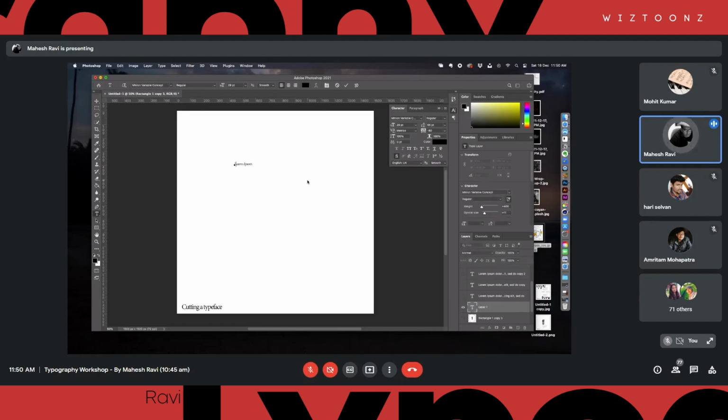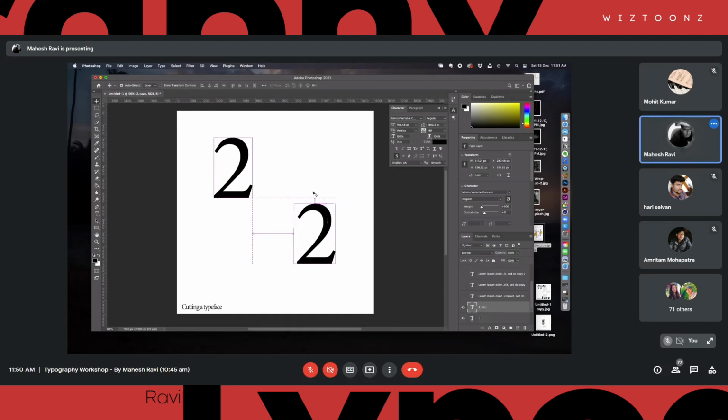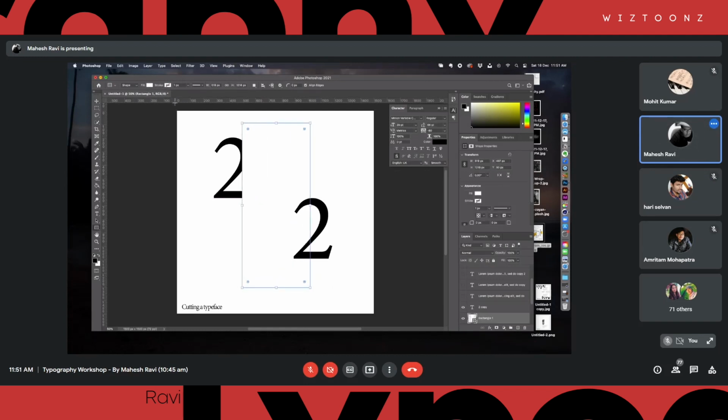This is also a very popular style right now, recently. So I'm going to scale it up, and let's bring it right here. Again, we'll take a shape and create something like this.